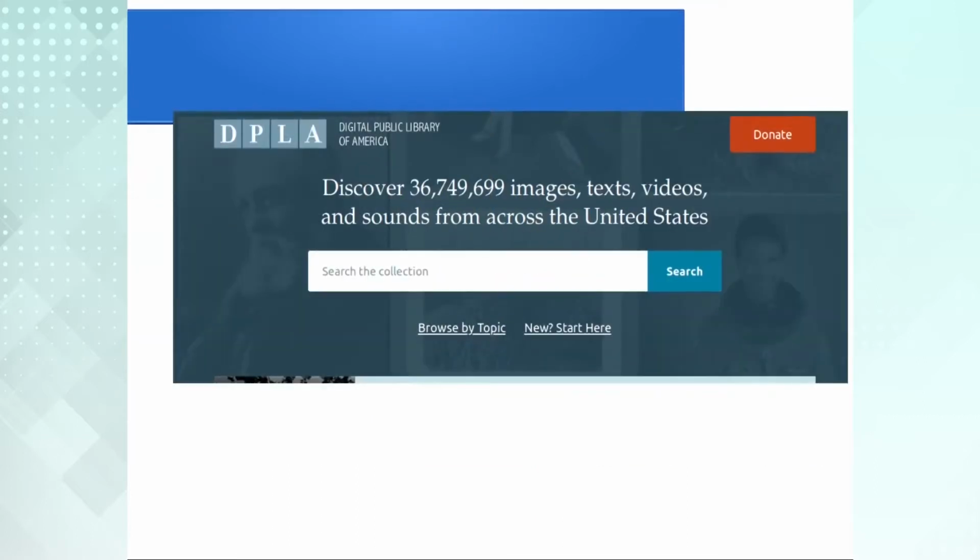Now, this is another one called DPLA. DPLA is one of the big digital library systems in the US. You can see a huge number of images, text, videos, sounds and maps available there, but there is also no facility for the end user to search different kinds of geographical resources, different kinds of resources where place names are very important, like travel guides, like data sets, etc. We don't have any other scope except textual search.